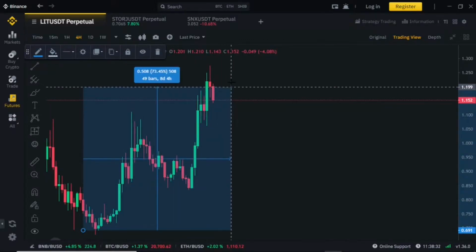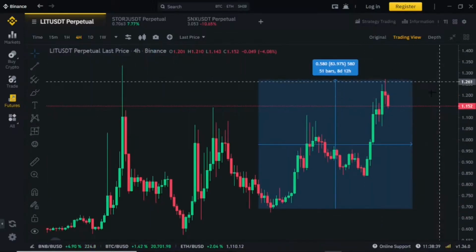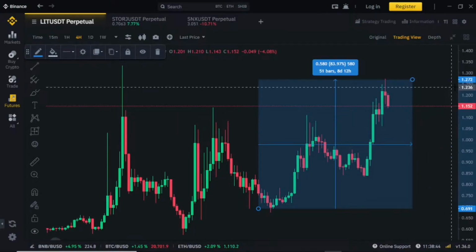And finally, it bounced up by another 83% to complete its standard circle of a bullish trend operation at the highest price of the bullish trend, which is